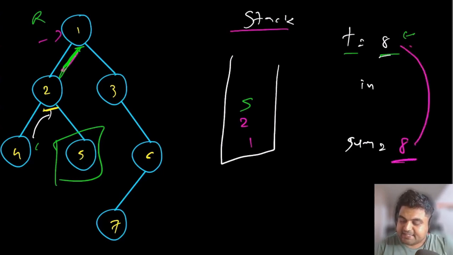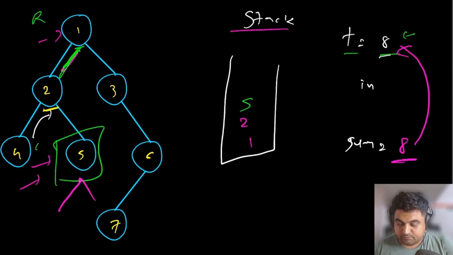Now this sum matches the target value. So we will have to check whether this 5 is a leaf node or not. And we can check it quite simply, because this 5 does not have any more children of its own. We can mark this node 5 as a leaf node, which means this sum equation makes sense and we would be able to return true in this case. Now using depth first search, you are able to solve this problem quite beautifully and quite efficiently.